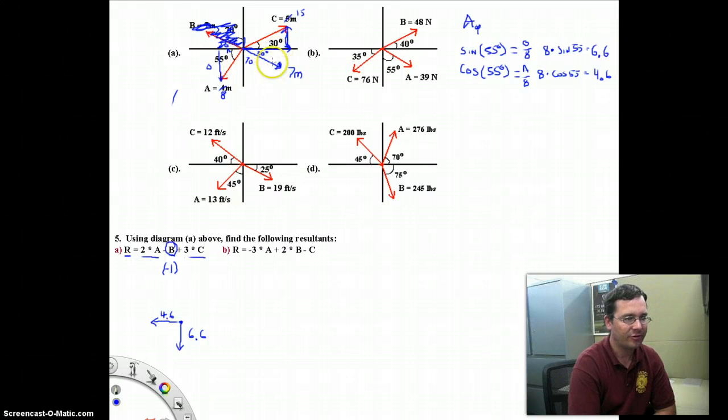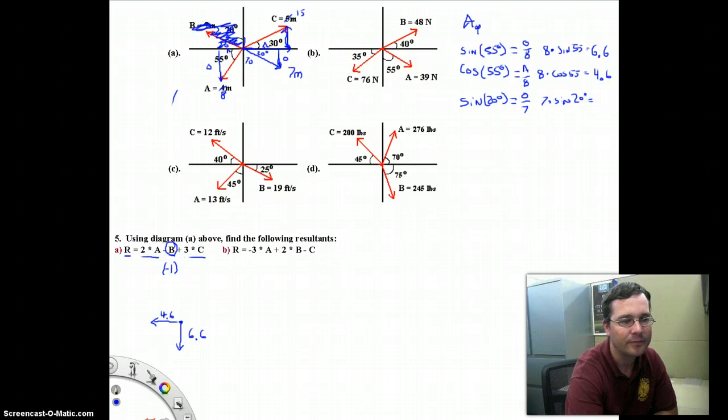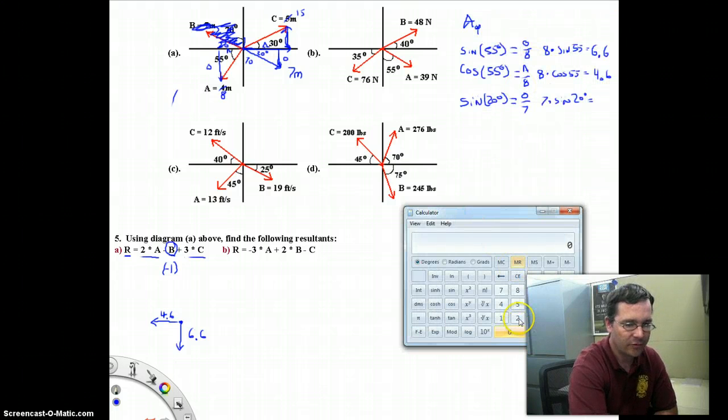Now vector B has changed. Now it's down and to the right, okay? But the math is still the same. Opposite, adjacent. So again, the vertical component is going to be the sine function. So sine of 20 degrees equals opposite over 7. 7 times the sine of 20 degrees is going to be the vertical component. So 20 degrees, take the sine, times 7,